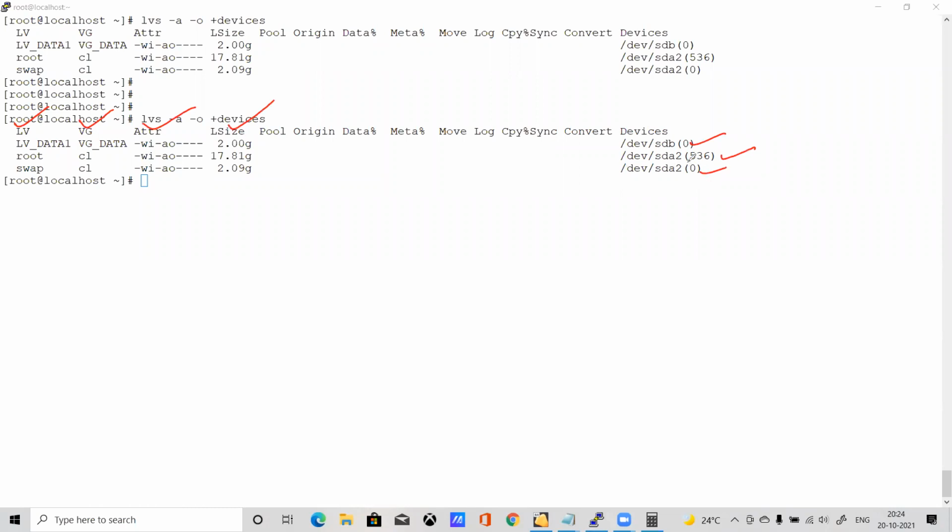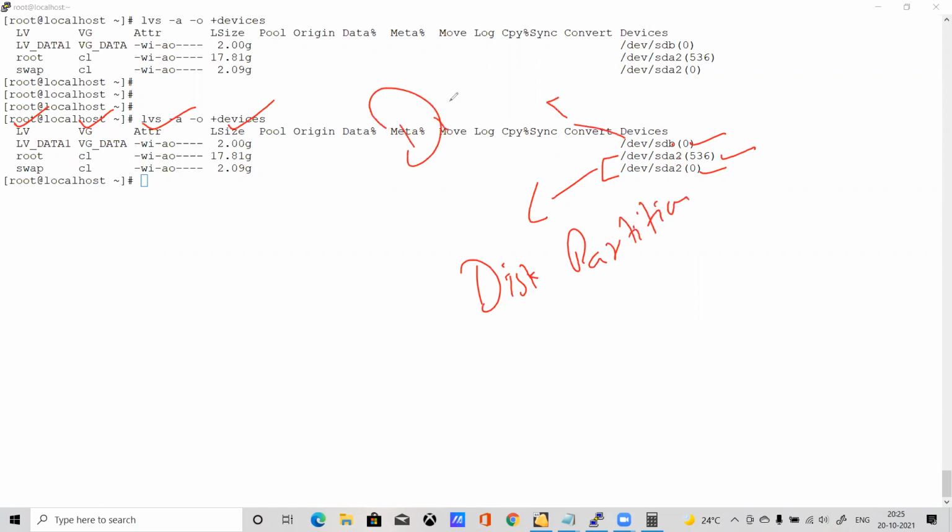So you can see which is the backend disk here. This is a backend disk, a complete disk. These are the disk partitions. It's a direct disk, so I directly added a disk here.